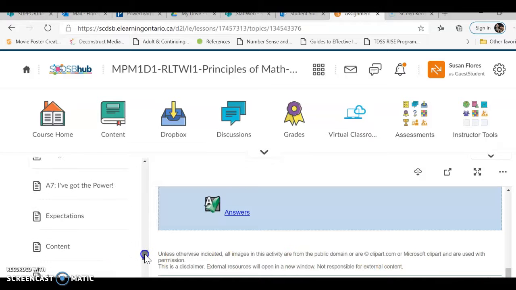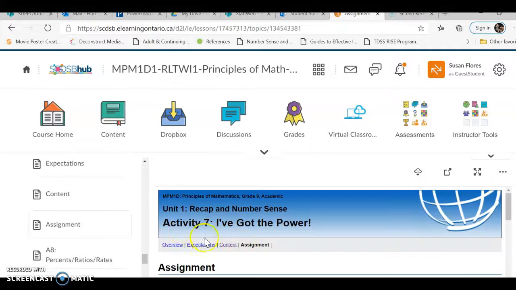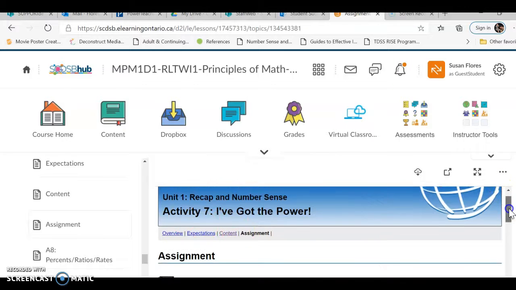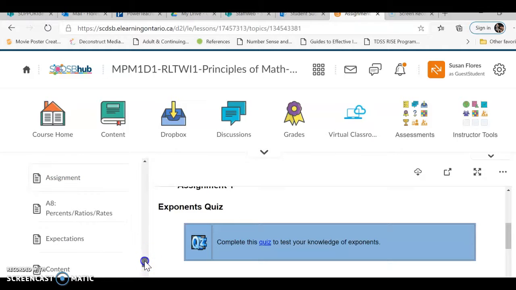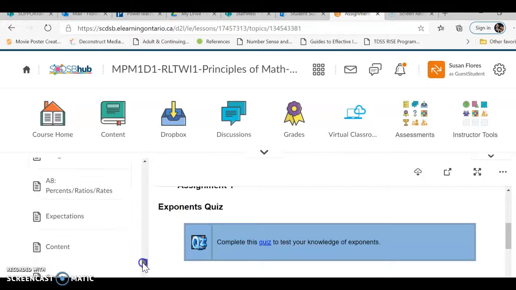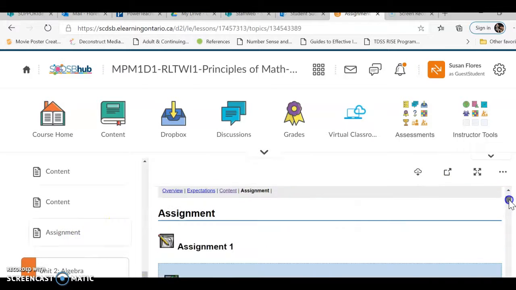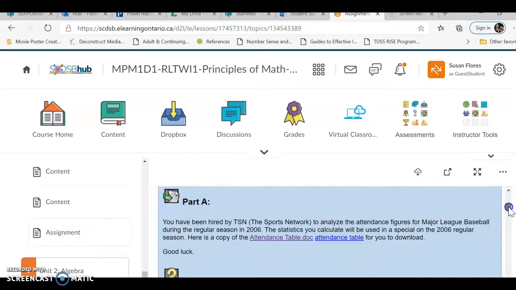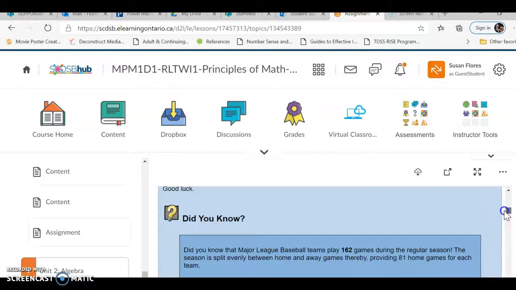And then when I scroll down to activity 7, it's probably because activity 7 is now a quiz. And if you look at it, it is an exponent quiz, and they're all based on each other. So whatever's in the content, the assignment will link to. Activity 8 has 2 parts to this assignment, I believe. And if we scroll down to assignment, it says